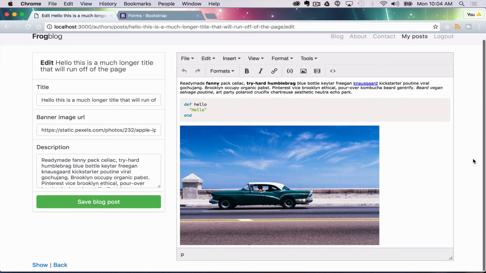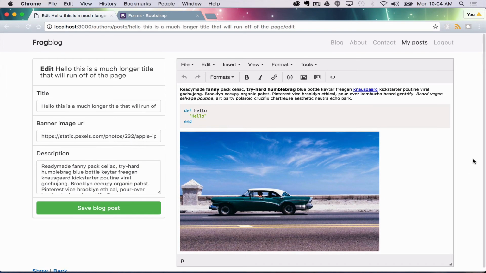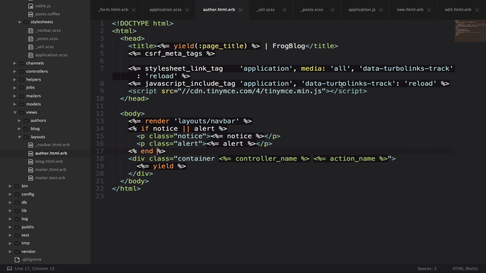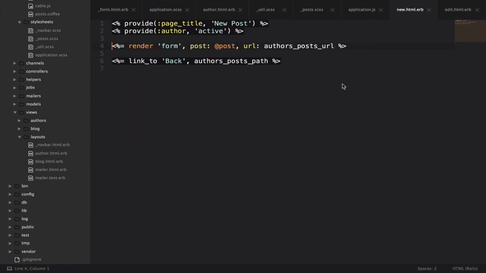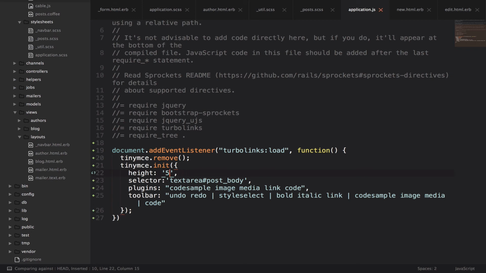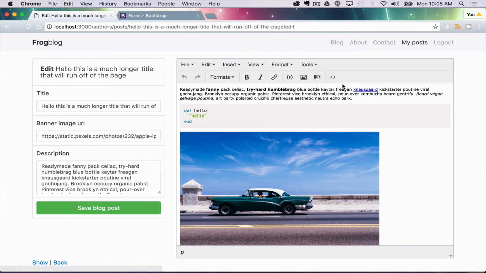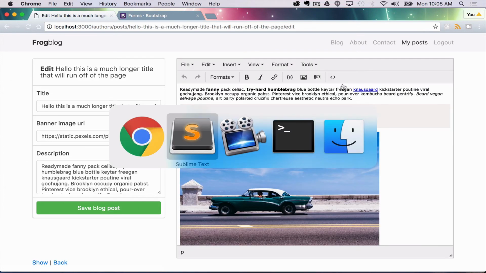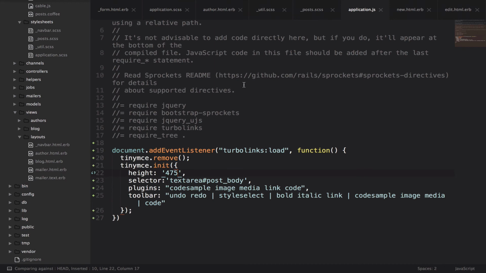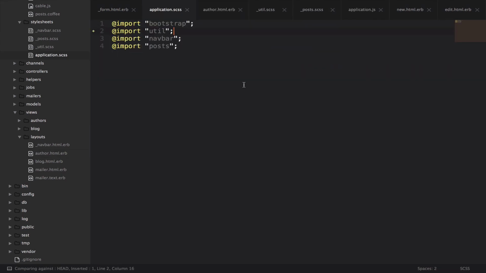Okay. That might be a little too tall. Let me put that at like 480. I have my screen about as big as it can get, and I don't want it to be too big necessarily. Something like that. And then our show and backlinks need to be moved up. So that's probably